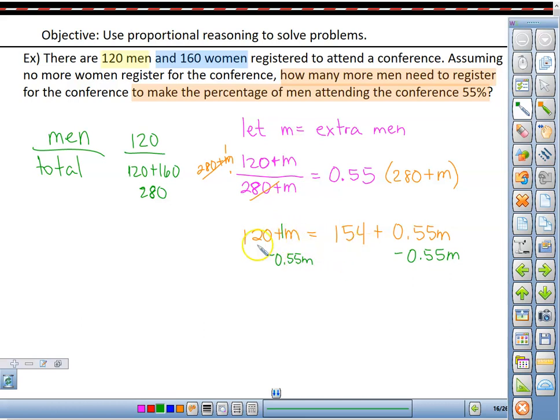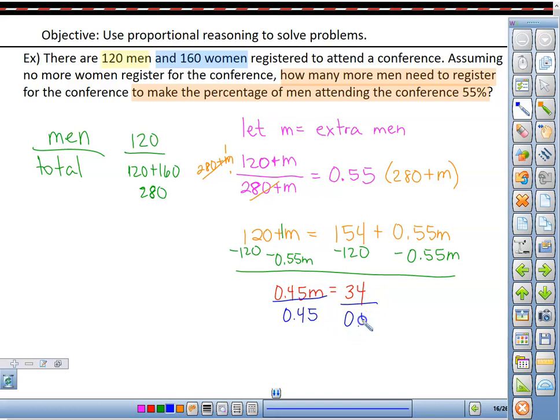And I want my numbers over here, so I'm going to subtract that 120. So now I have 1 minus my 0.55, which is 0.45 times the M, and this is going to give us 34. And now I'm going to divide both sides by this 0.45. And so I get M is about 70,